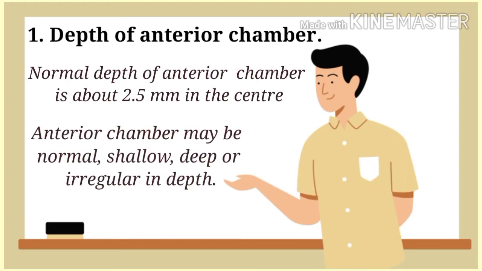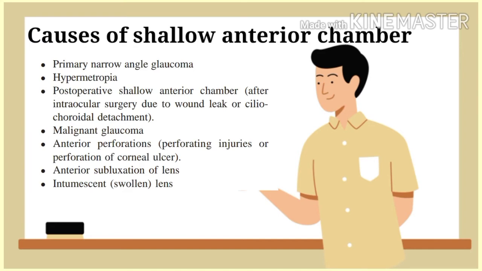First, depth of anterior chamber. Normal depth of anterior chamber is about 2.5 mm in the center on slit lamp biomicroscopy. The anterior chamber may be normal, shallow, deep, or irregular in depth. What are the causes of shallow anterior chamber? Shallow anterior chamber causes: first, primary narrow angle glaucoma,